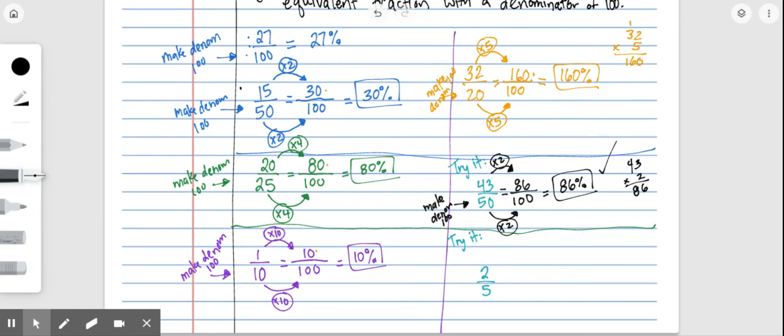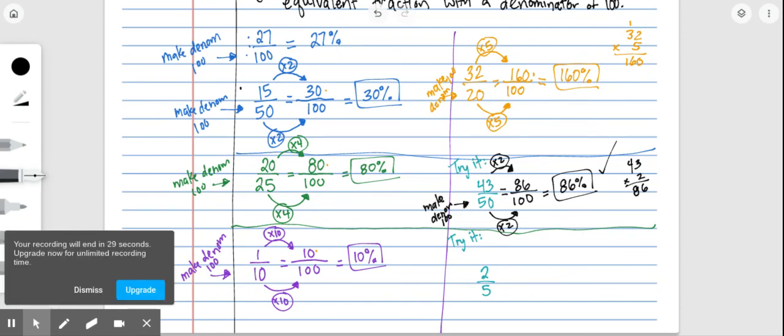Okay. All right, let's try 2/5. Again, I need a denominator of 100. So I'm going to set this equal to a fraction out of 100. How many groups of 5 go into 100? 20 groups of 5. So then I multiply